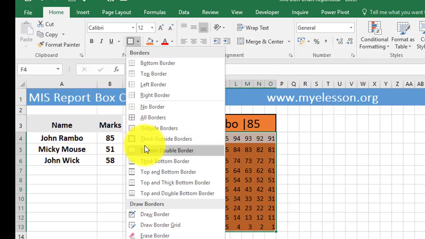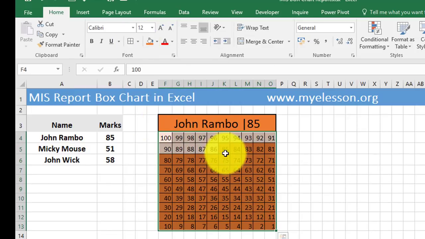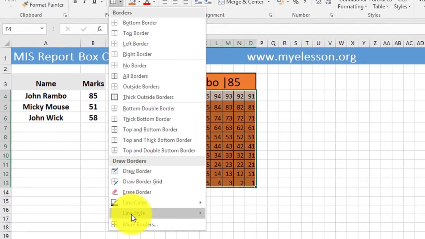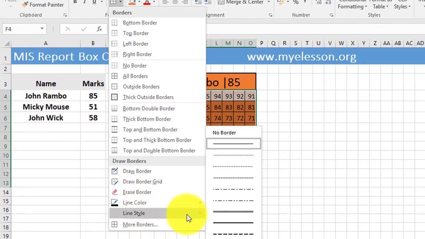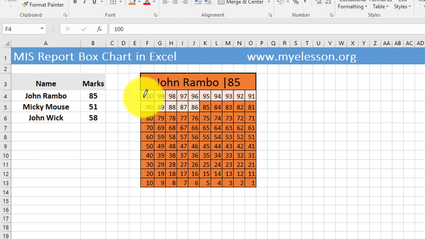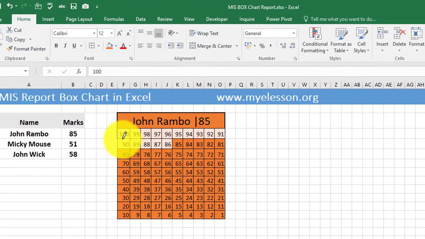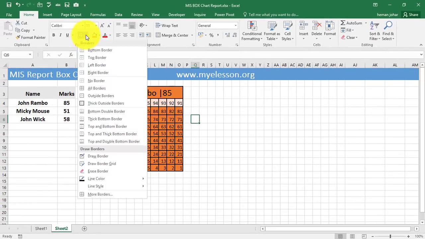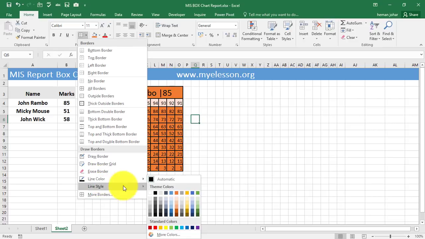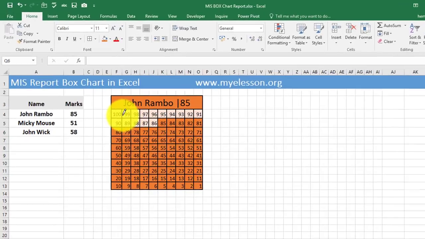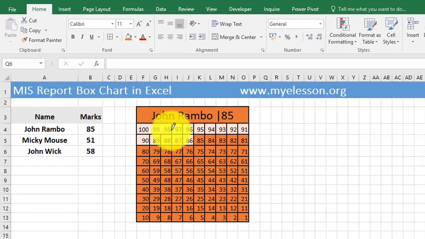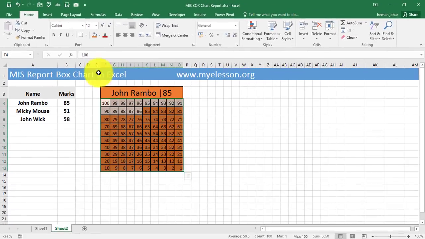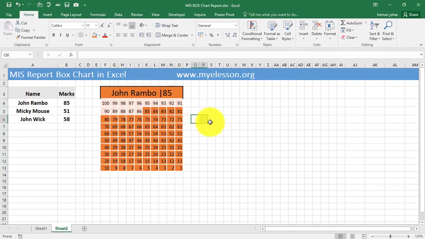So first we'll give them an inner border from here, all borders, and we will change the color of the border. Line style should be slightly thick, this one. Okay, and now this is a pencil, so I'll just press escape. I'll select all this again and give it a border again, so it will become thick. Super cool trick. Similarly, I'll change the line color. I'll make it white. This gives you a pencil. Okay, so I'll press escape, select all of this again and give it a border again, so it will come in white color.